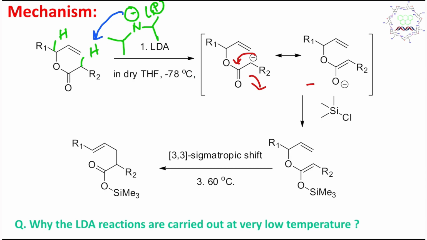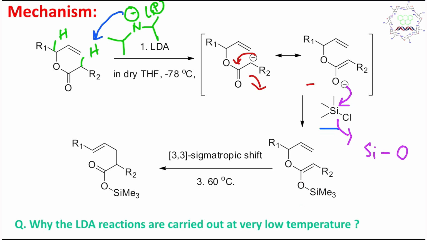Now in the second step, trimethylsilyl chloride is given because it traps the enolate produced, by AN plus DN, meaning addition of nucleophile and departure of the leaving group or nucleofuge, and ultimately it produces an oxygen-silicon bond, a silyl ether. And please remember, this oxygen-silicon bond formation is favored because of two reasons. First of all, this silicon-oxygen bond,